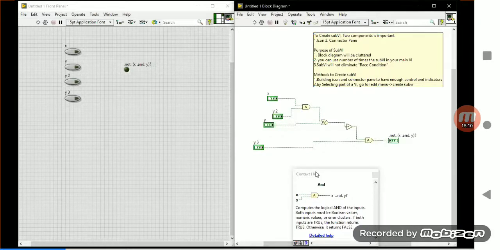In this place, three terminal connections will be available: required, recommended, and optional. If you are not wiring a terminal, you will get a broken run arrow. My question is, which terminal, if you are not wired, will give you a broken run arrow? If the required terminal is not connected, you will get a broken run arrow.